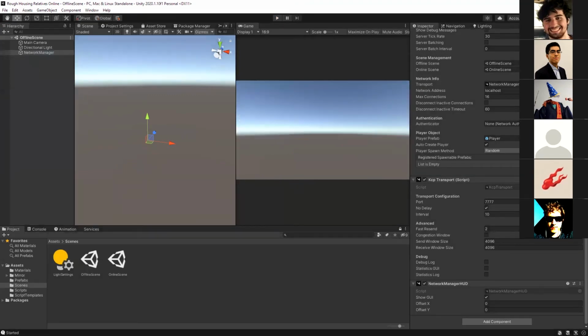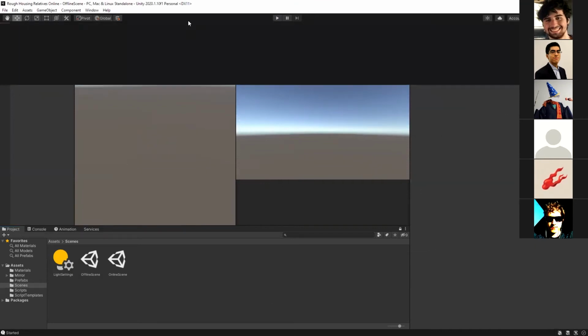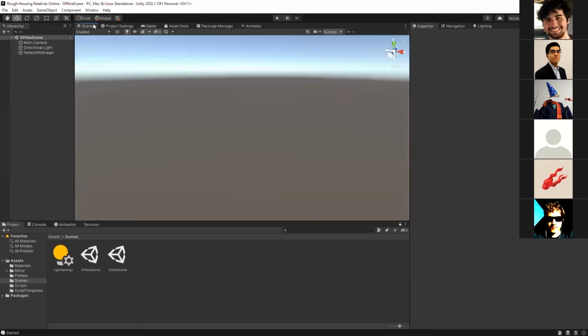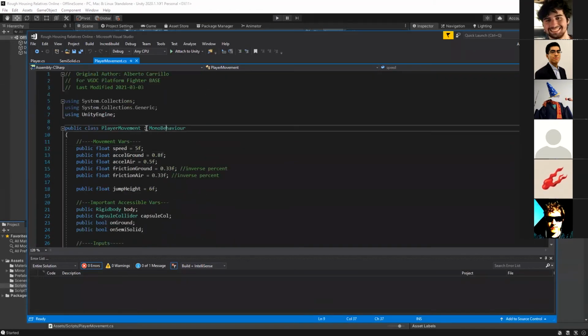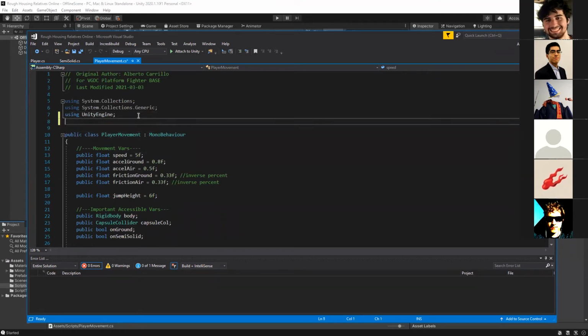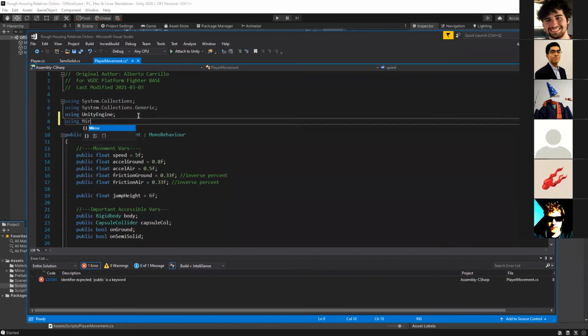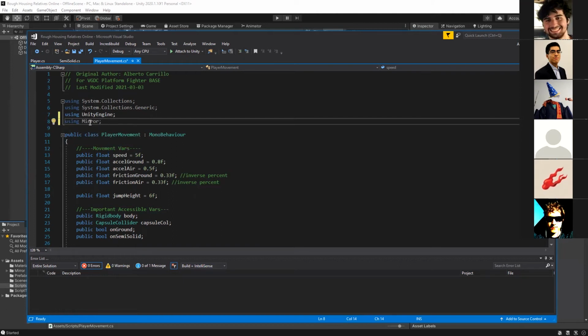All right, so now let's actually start trying to fix the problems that we've run into. One of the main problems we've had is that the scripts are blind and they don't know whether they're on the client or the server, or if they are the local client. So let's go to the player movement script. Right now it's a MonoBehaviour. This will become a NetworkBehaviour. So we're going to add a new library here, using Mirror, and now we get access to all of the networking goodies that Mirror has to offer.